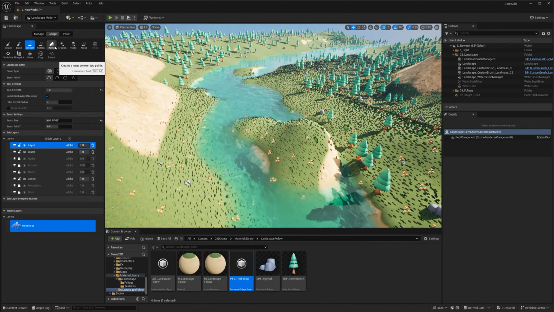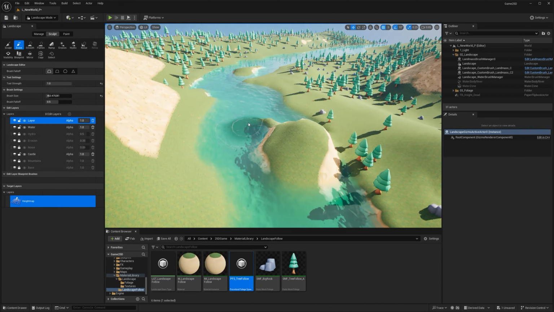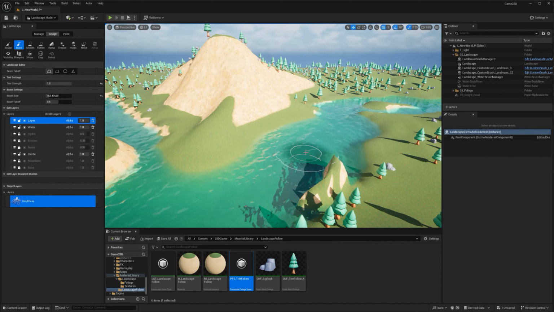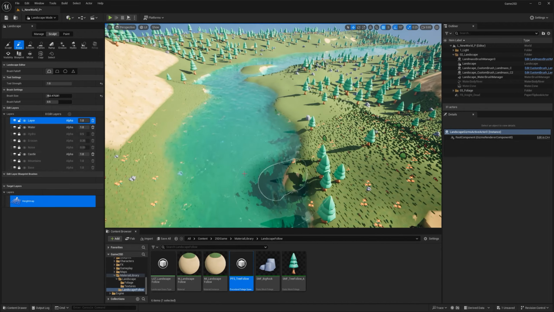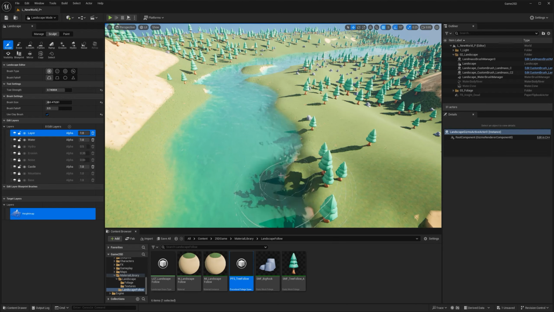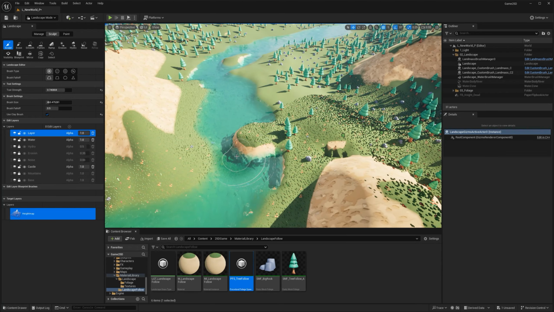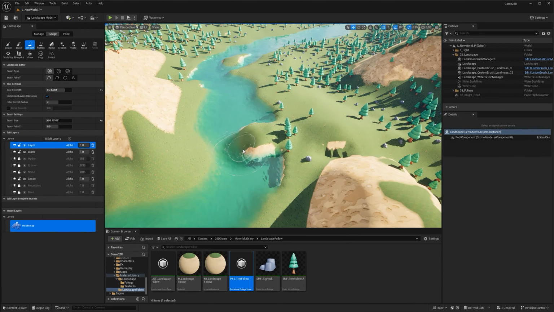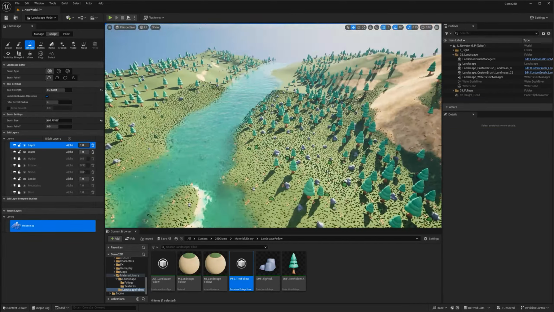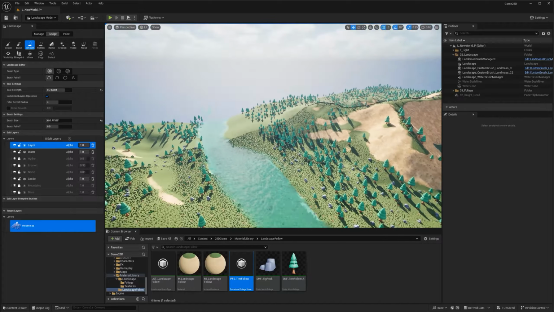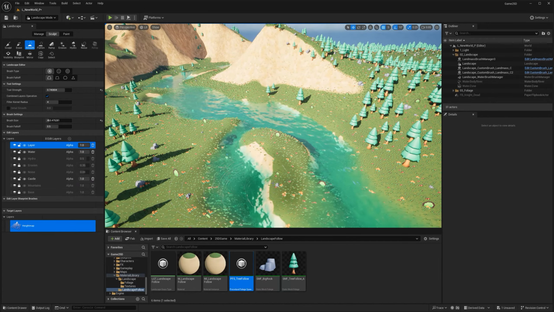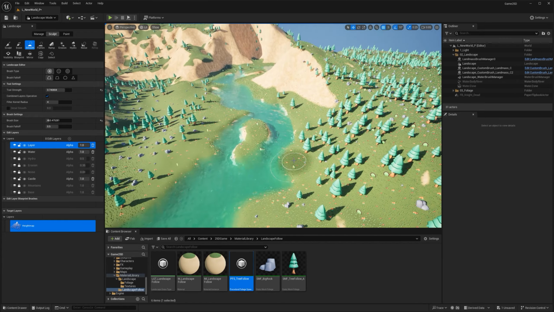So right here, for example, I think what we needed was something that wasn't so strong. And then smoothing out. So yeah, you can sculpt those details and add variation to it. So now we can make a bridge that goes from here to here, etc.